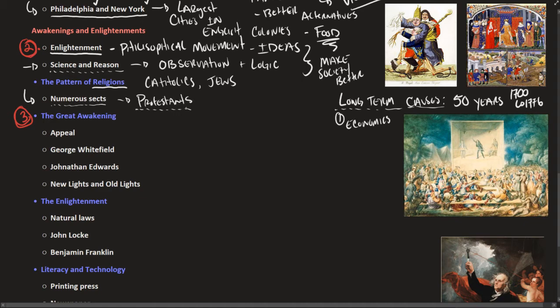Again, Protestants are those who don't recognize the Pope as being the authority of the Catholic Church. But Protestants come in a lot of different flavors, you might say. Some of the early Protestants that we talked about included the Puritans, the Pilgrims. We talked about both of those groups. We talked about the Anglicans. That's the Church of England. With new immigrants arriving, especially those from Germany, Germany tends to be more